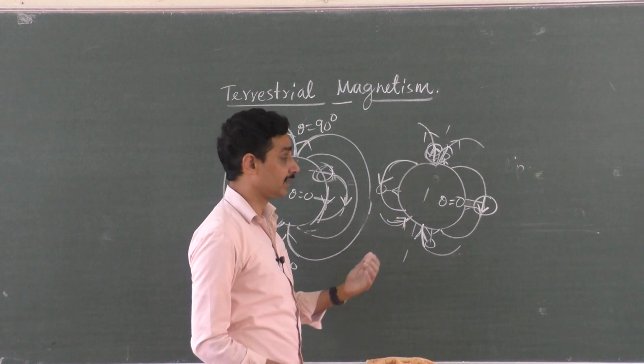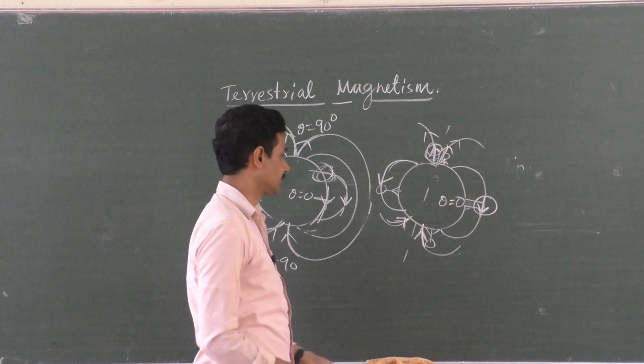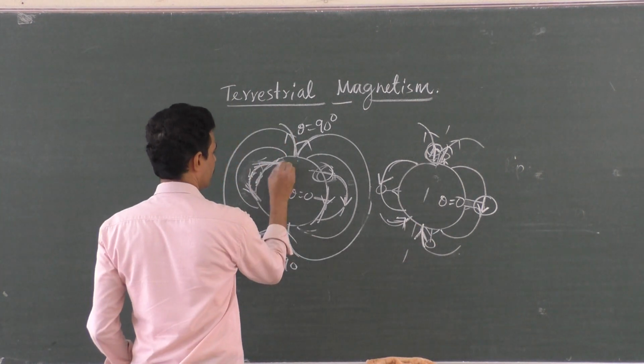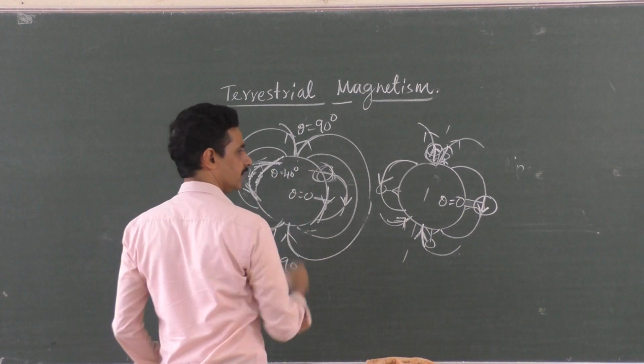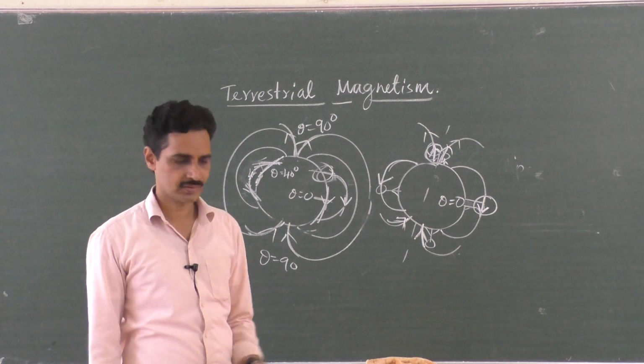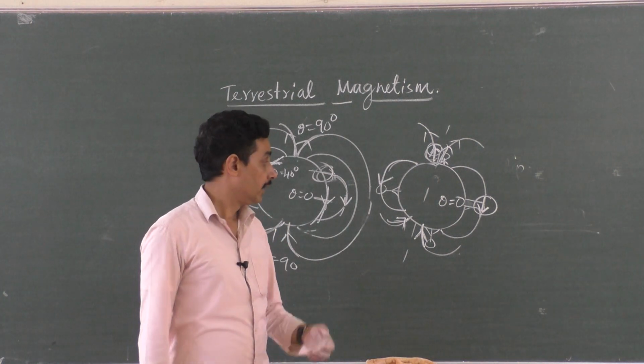At the poles the dip is 90, at the equator it is 0. Somewhere in between, the field is neither parallel nor horizontal. The dip angle may be 40 degrees, 60 degrees, or 55 degrees, so it varies from place to place. Now,